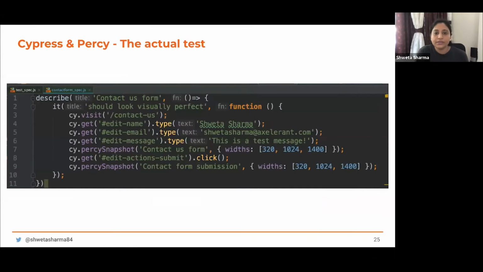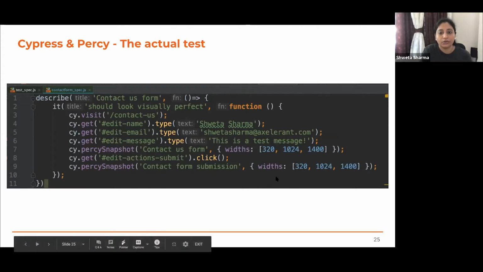Here I have used Cypress with Percy. Cypress can be used as your testing framework. It's not only a testing framework. Percy is the automated visual tool that I have used in this example. Of course, it's a commercial tool. And here, if you can see on line number 7, I've captured a screenshot after filling in the form. After filling in the form, I have verified that the filled form also looks correct.